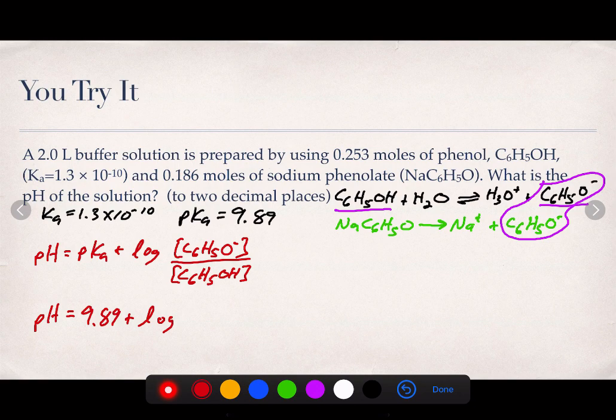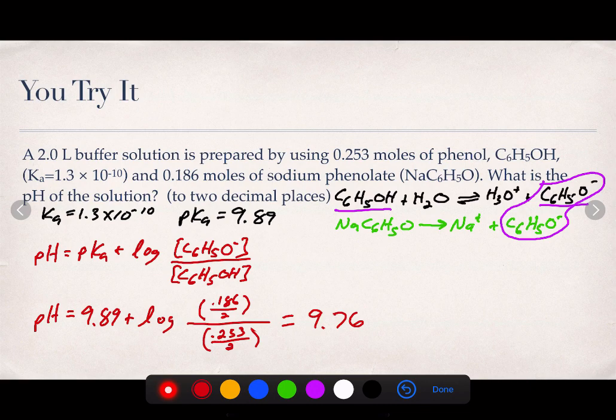And we're going to do our concentrations. We have a 2-liter buffer solution. So in our conjugate base there, we're going to have 0.186 moles over 2 liters over concentration of our acid, which is 0.253 moles over 2 for the acid. And when we work all of that out, we get a value of